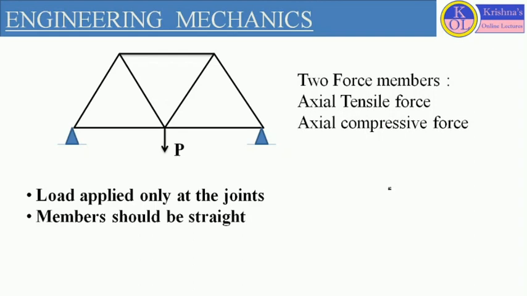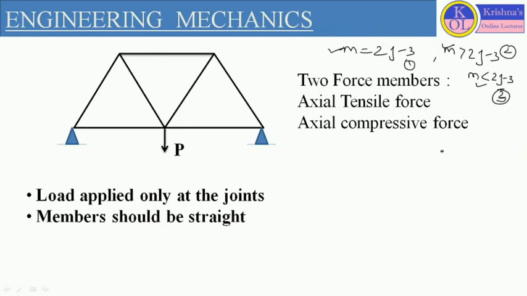If we want to define that a truss is a perfect truss, over rigid truss or collapsible truss, we need the equation m equals 2j minus 3, and another equation m is greater than 2j minus 3, and a third equation m is less than 2j minus 3. With the help of these three equations, we can define different types of trusses. So this equation represents a perfect truss, this equation represents an over rigid truss, and the third equation represents a collapsible truss.